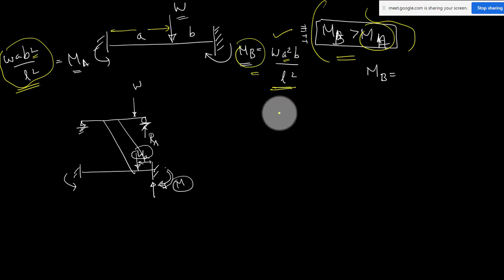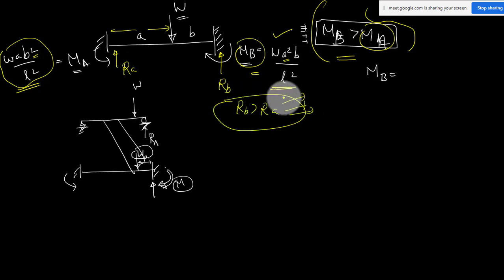So in this case, after this you can solve the reactions also. The reaction value you have to solve. I will not solve that here, because it is again everything in a, b. If it is a numerical example, I could have solved the reaction value. I think I will give it in some numerical example. I will show you how to find out the reaction. Okay, the reaction is not W by 2. The reaction at this point and this point is different. This reaction will be more than the reaction at A. Rb will be more than Ra. This I can solve for a numerical example. I can solve it easily in the numerical example.